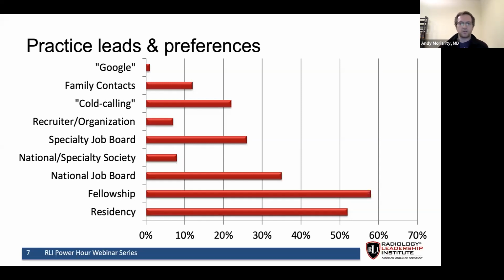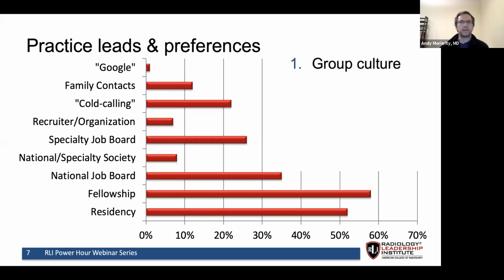We compared this to a Merritt Hawkins survey of also radiology graduates. And what did they say the number one thing was? Well, they said that it was personal networking for 67% and residency contacts or job boards for 34 and 24% respectively. On the right hand of the screen, we asked our survey participants, what's the most important thing for you when you're looking for a job?